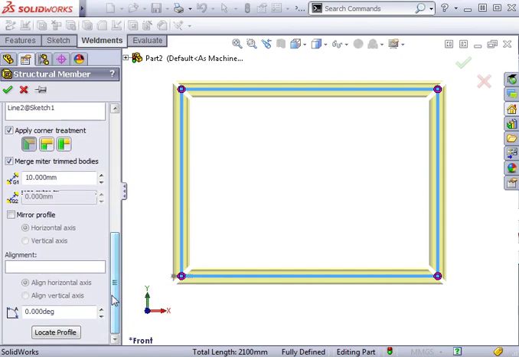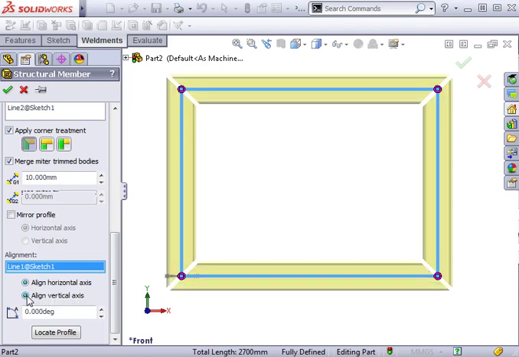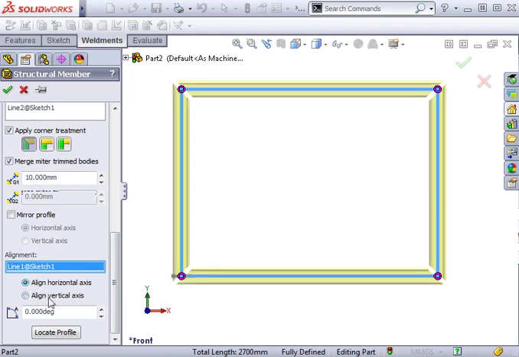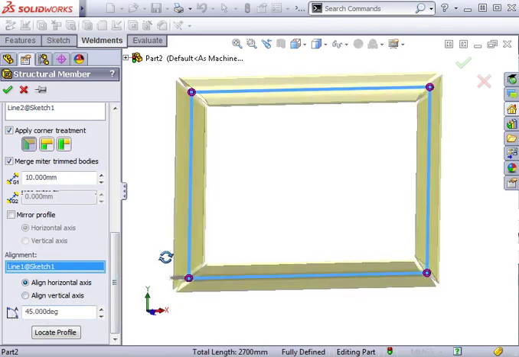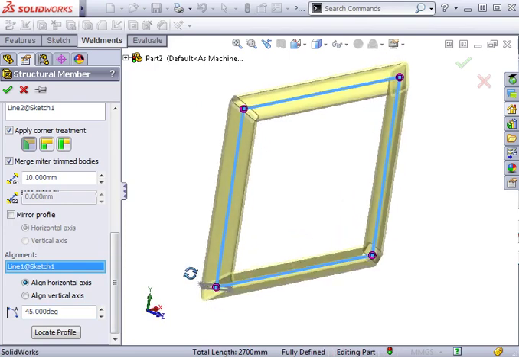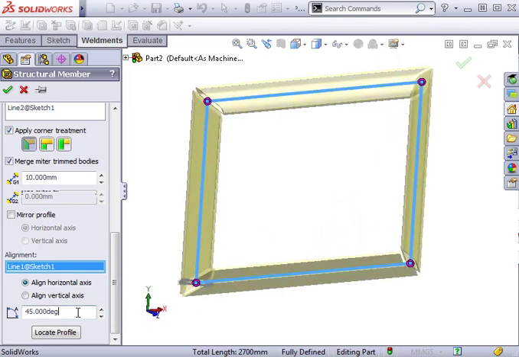The last setting you can control is the position of the structural member profile. With the Alignment selection box, I can select a line segment and choose to align it with the horizontal axis or the vertical axis. By entering an angle, you can cause the profile to rotate, for instance to 45 degrees. I'll change this back to 0 degrees